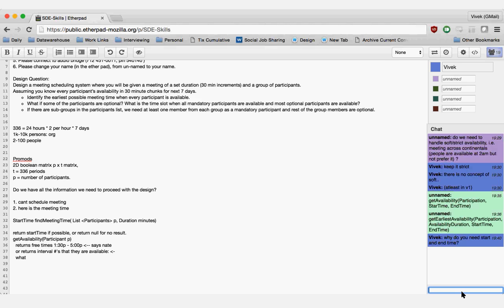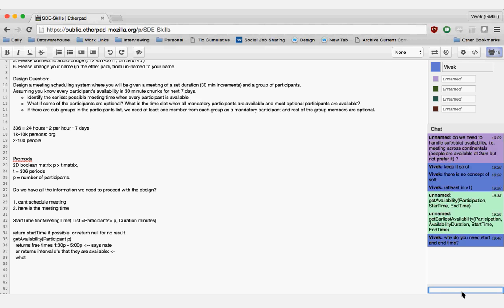Right. Then what happens is in that meeting availability array, you have the number of people who are actually available at interval 1, number of people available at interval 2, and so on. Now, going back to Nate's logic, you check if the first interval that you have actually equals the number of participants. If the answer is no, then you're done. You skip it. Go to the next one.